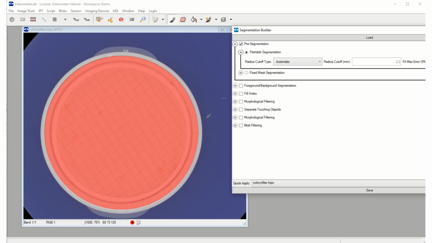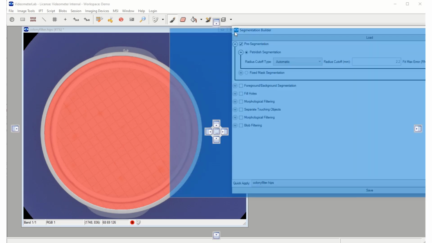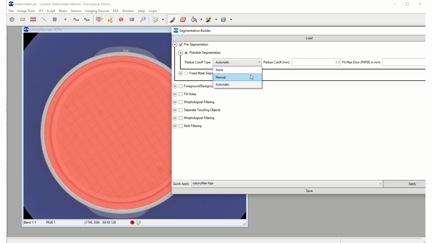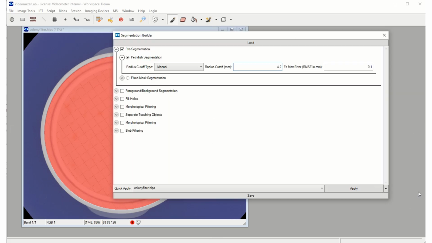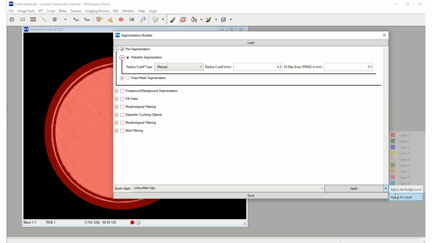Maybe we want a larger margin here, so we can, instead of automatic, choose manual and say we want 4.2 millimeter as margin, and apply that as